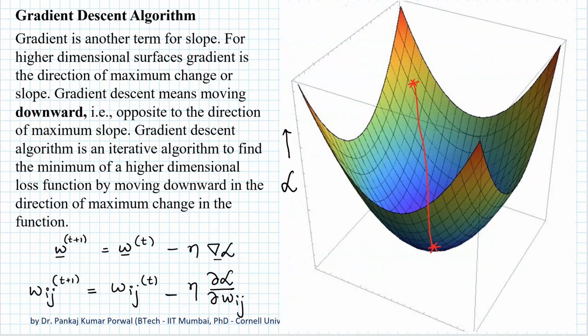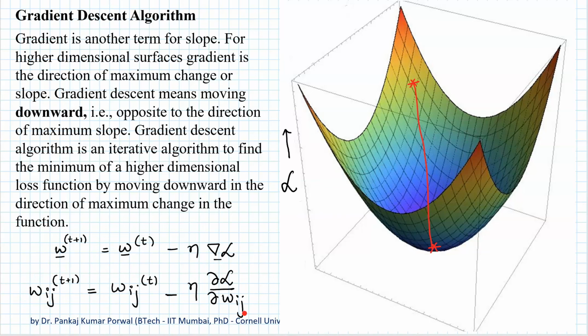The first thing to note is that we update the weights using this equation, where this is the weight of a particular link at step t plus 1, this is the weight of that link at step t, eta is the learning rate, and this is the partial derivative of the loss function with respect to the weight that we want to update. So basically, if we know the partial derivative of the loss function with respect to the weight, then we can